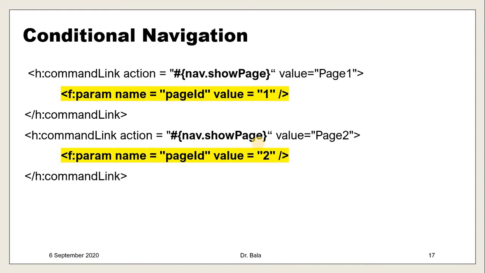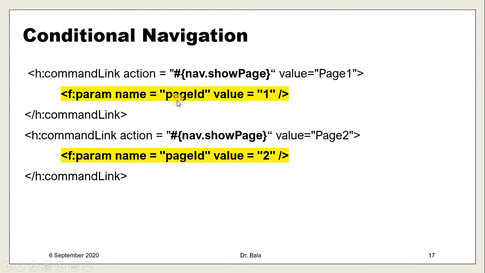And now we can go to the conditional based. Okay, conditional based means as before, we are going to have here our user managed bean, but we will pass the parameter value. So f:param, name, for example I am saying pageId, and we have a value. Based on the page ID and page value, our link will be redirected. So in the user managed bean, we will have a condition. In this show page method, we will have a condition.